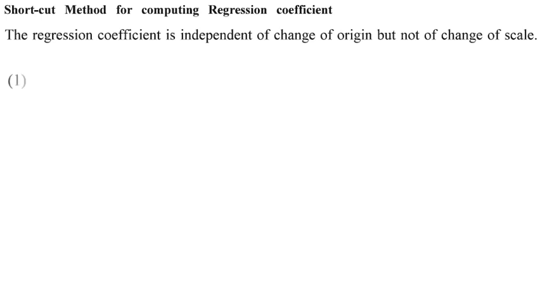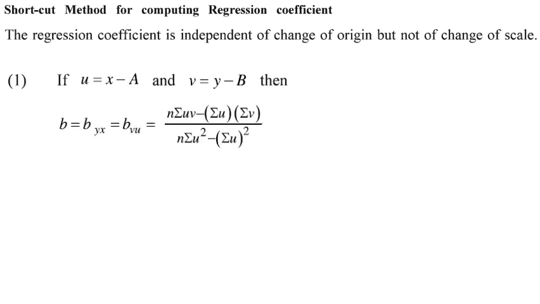So what to do about it? If we are not multiplying or dividing, that is, we are just subtracting a from x to get u, and subtracting b from y to get v, then we don't have to worry about anything, our answer will be the same, that is, our byx will be